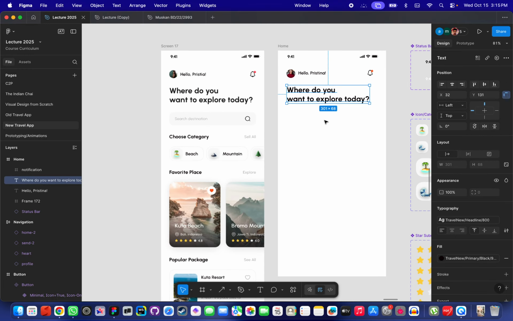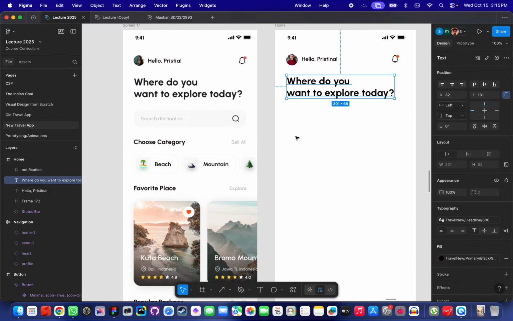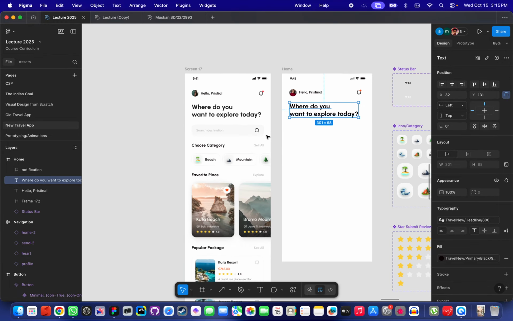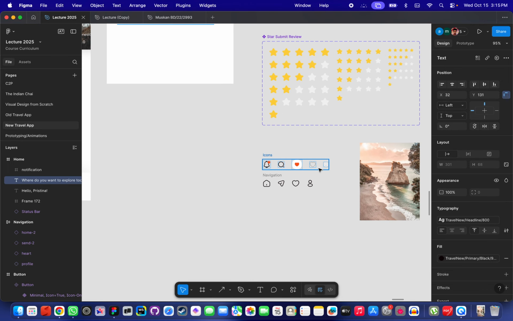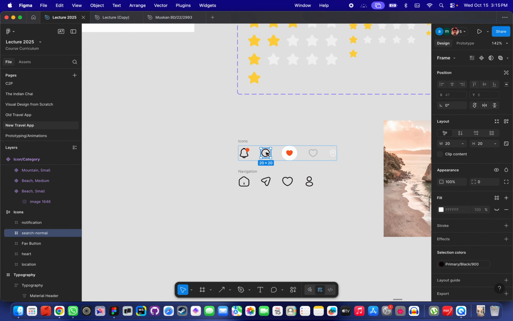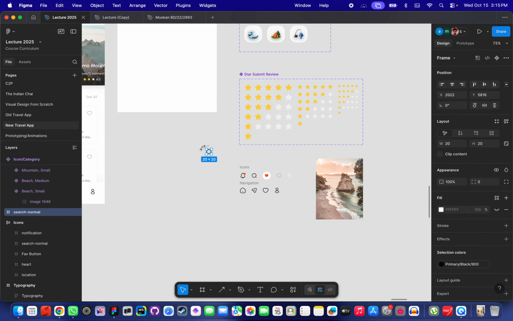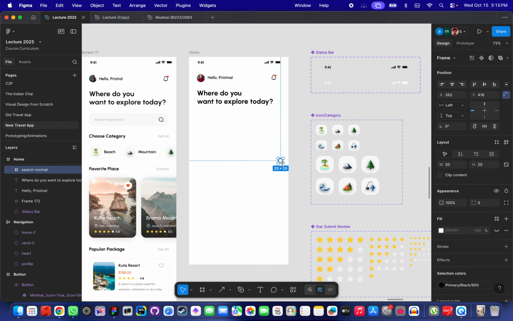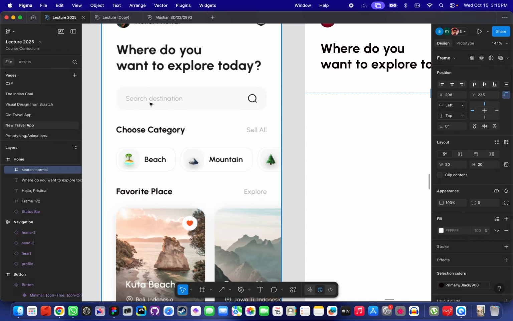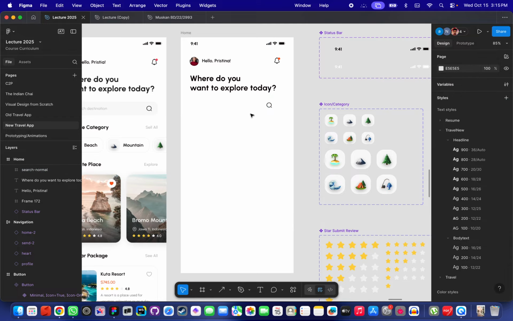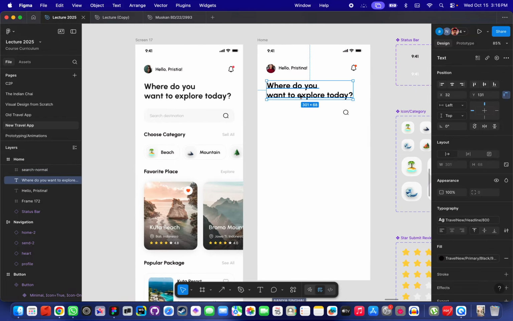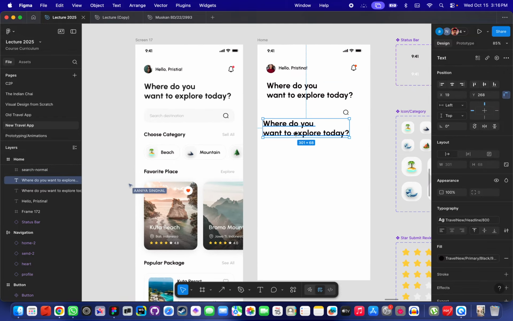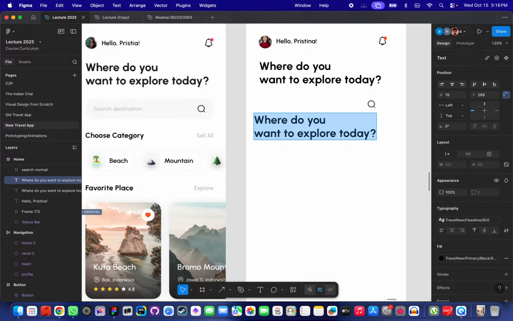Okay, we are done with that. What is the next one? The search bar and stuff. For that, first I need to get the search icon. So let's take the search icon. Okay. And then what is the next thing? I need to take a text element. So I'm just going to option drag this text, the same text, and say